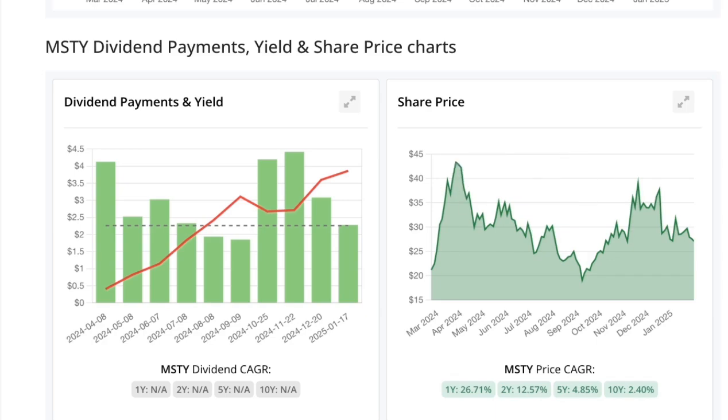I just want to keep you updated on MSTY for investors who are thinking about investing in this ETF. That's knowledge you should know, and I thought it's very important because this ETF has been nominated one of the best new ETFs from